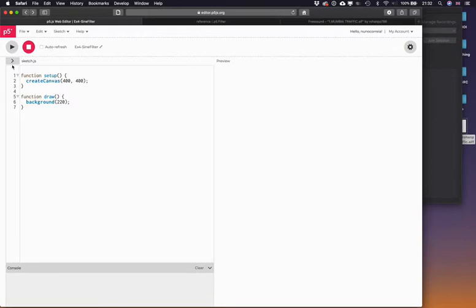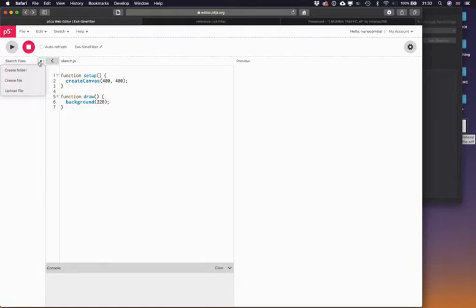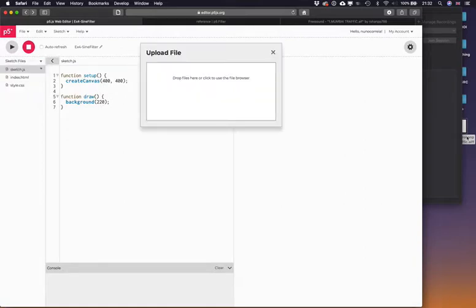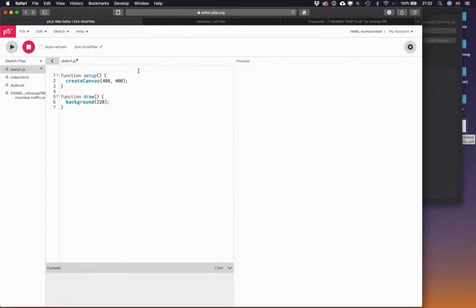So I will import. I already downloaded the sound, so I'll import it to my exercise here. So this is an AIFF file. That means Apple Interchangeable File Format. It's basically a WAV file. It's Apple's implementation of the WAV file, similar to the WAV file. So I'll just rename this,